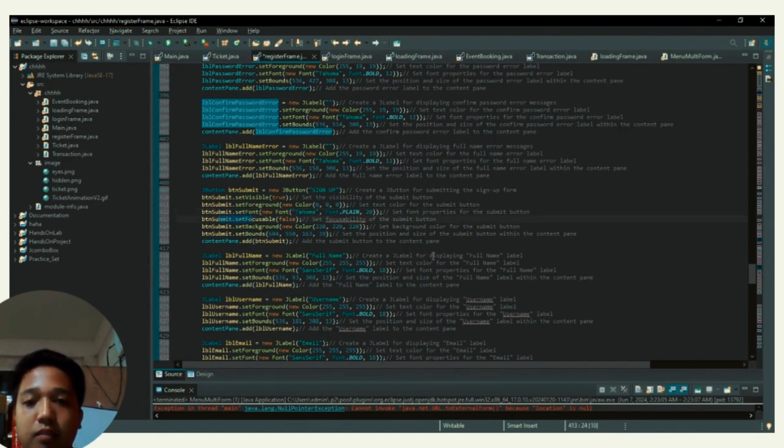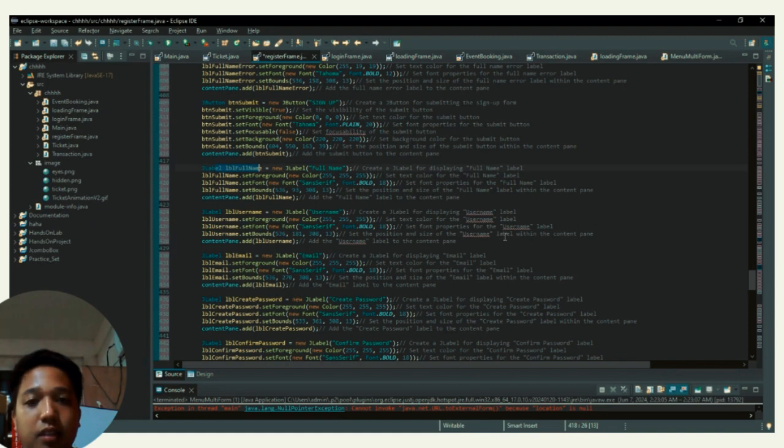Next line sets the focusability of the submit button. Next line sets the background color for the submit button. Next line sets the position and size of the submit button within the content pane. Next line adds the submit button to the content pane.